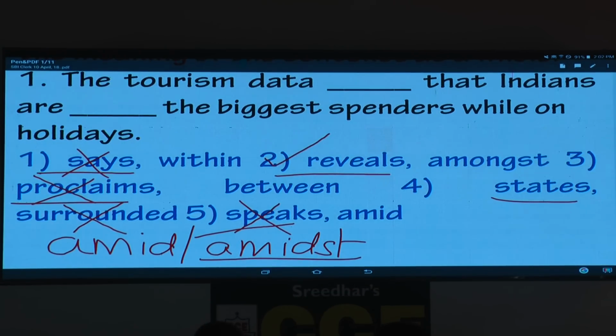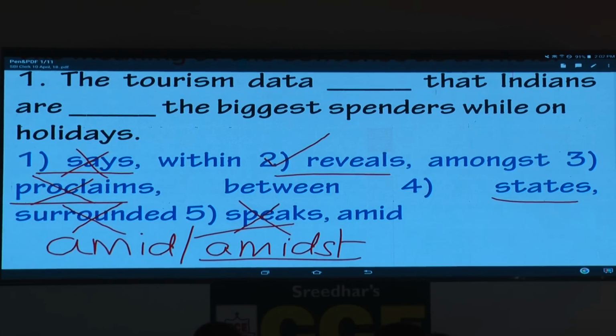Again, tourism, there are so many countries in the world which are very popular from the tourist point of view. But India, what is it popular for? In the past, it was popular for the monuments, the cultural factor. But today, India has become a popular tourist destination from two angles. One is it has become popular for ecotourism. Please make a note, you may get this as a passage. Ecotourism. What is ecotourism?